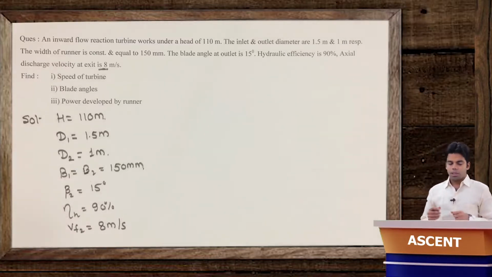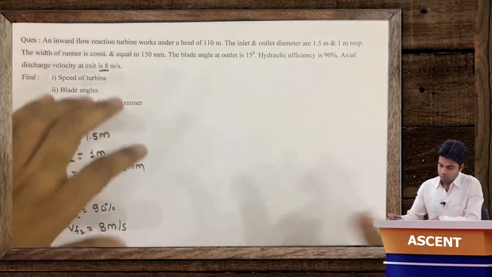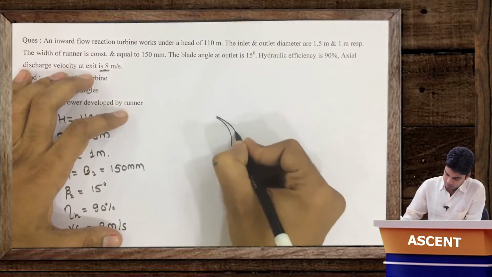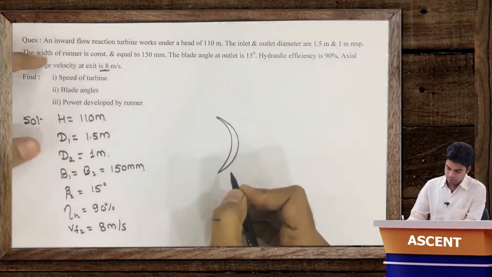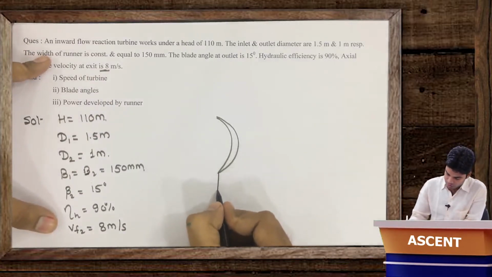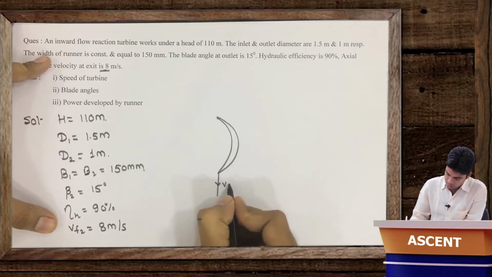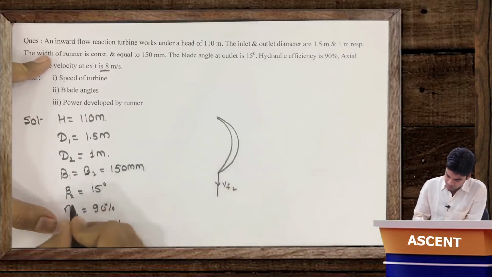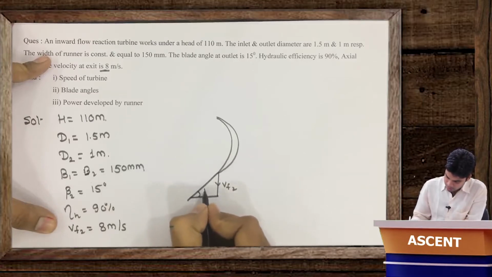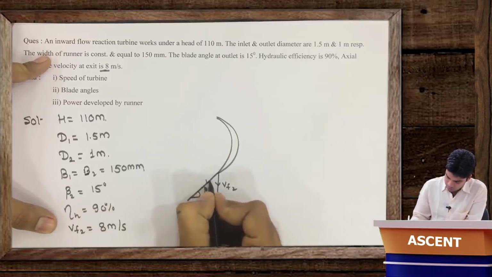Okay. Now how can we draw the velocity triangle now? So the blades be like this. Okay, outlet velocity is given. The value of this Vf2 is given, so this can be drawn. This is Vf2 and beta 2 is also given, so we can draw this. This is beta 2, so this will be Vr2.